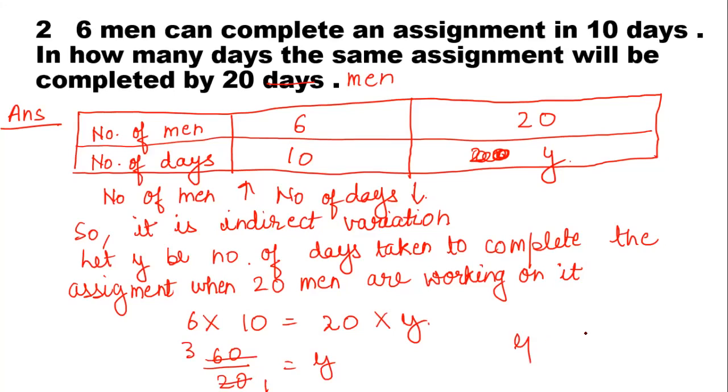Y is equal to 3 days. So it will take 3 days to complete the assignment when 20 men are working on